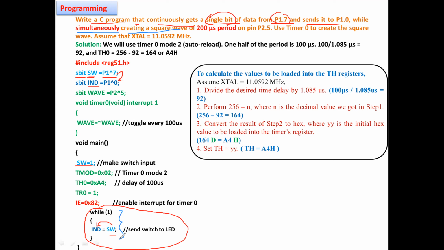That I'll tell you. So create a square wave of 200 microseconds period. They have mentioned the period, you have to keep that in mind. So the delay can be provided for only one half cycle. That's why I have kept my value as 100 microseconds, because here we are toggling for every half period. So if I put 100 microseconds, then I'll be obtaining a value A4.